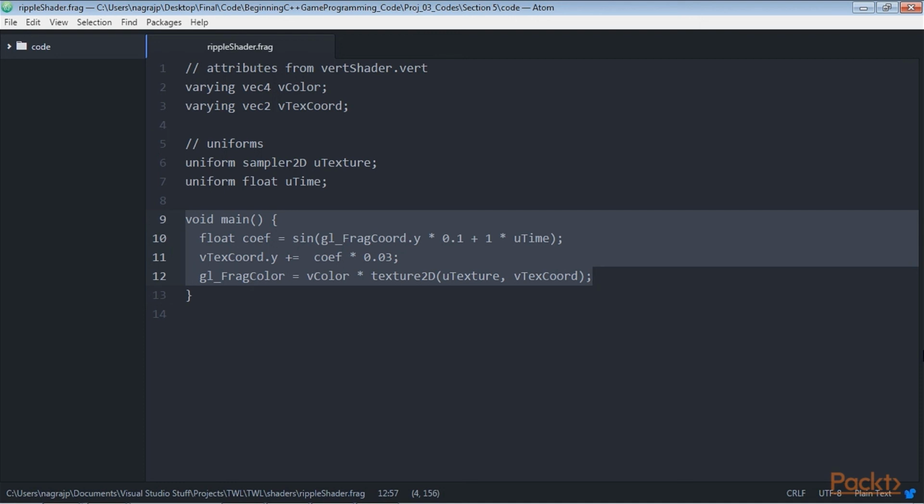If you look closely at the code in main, you will see each of the variables in use. Exactly what this code does is beyond the scope of this course. In summary, however, the texture coordinates vtextCoord and the color of the pixels, fragments glFragColor, are manipulated by a number of mathematical functions and operations. Remember that this executes for each and every pixel involved in the draw call on each and every frame of our game. Furthermore, be aware that uTime is passed in as a different value each and every frame. The result, as we will soon see, will be a rippling effect.